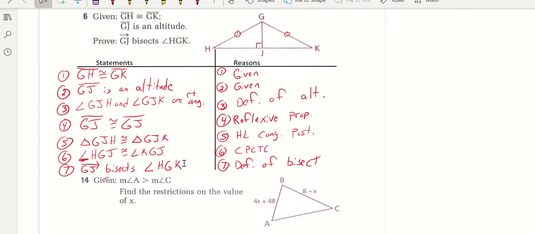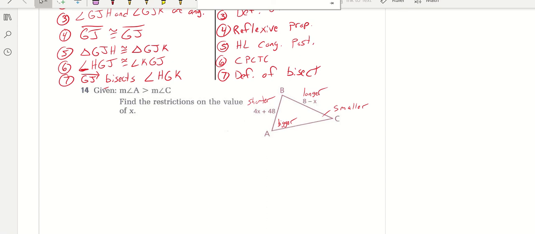I guess this is my version of double checking as I'm going over it here for the video. And then finally, number 7, ray GJ bisects angle HGK. That's the definition of bisect. That was number 6. All right, here on 14, it is given that the measure of angle A, here's A,